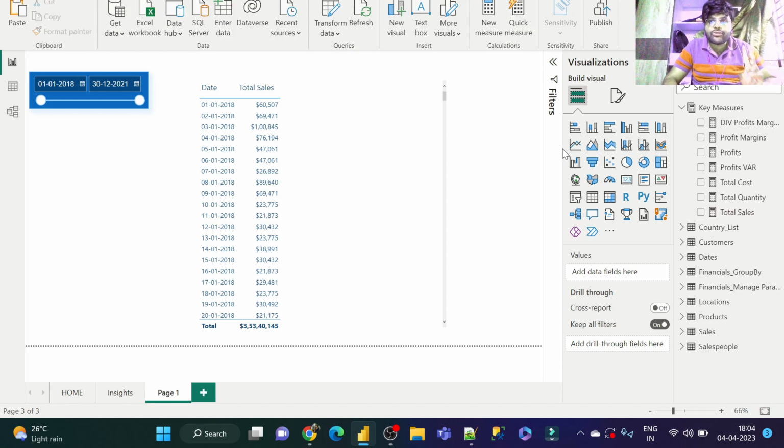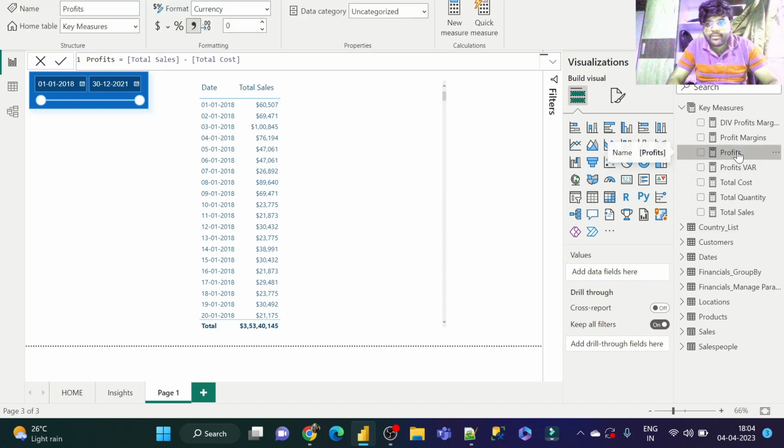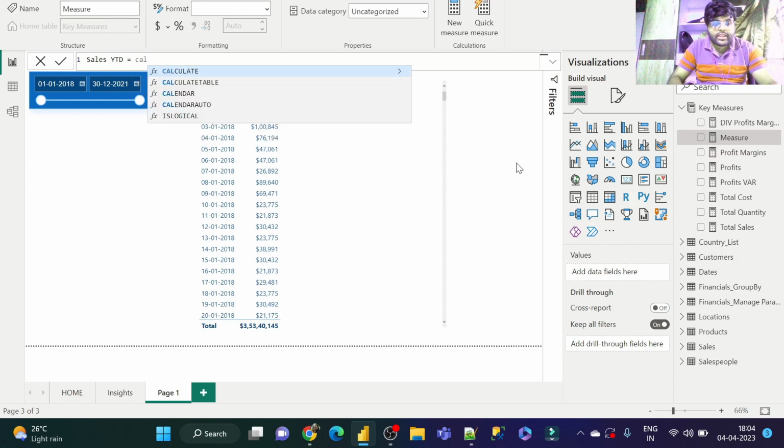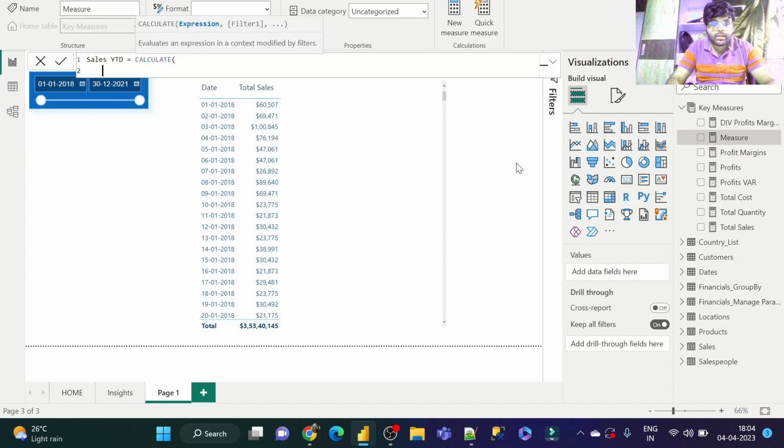So we have two methods of creating a YTD function. One is TOTALYTD and the other function is DATESYTD. So without any further ado, let us go ahead and try to use the same. Let us create a new measure and let us name our measure as Sales YTD, which is equivalent to CALCULATE total sales,